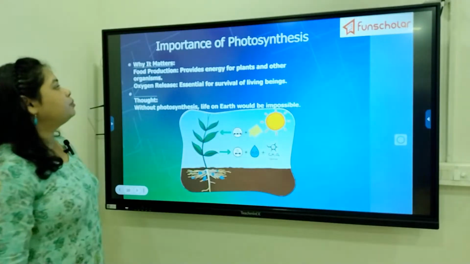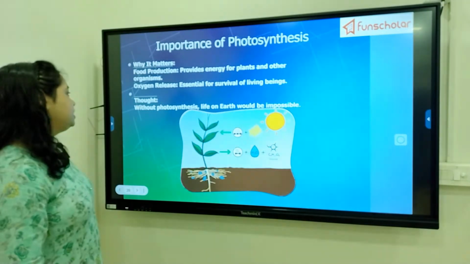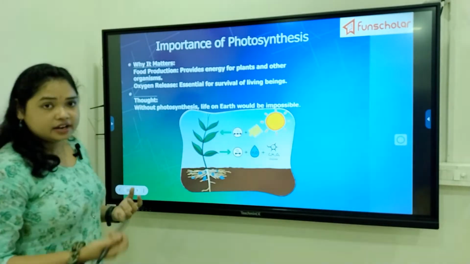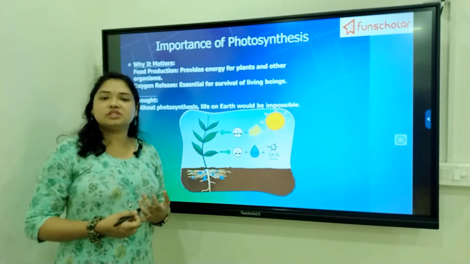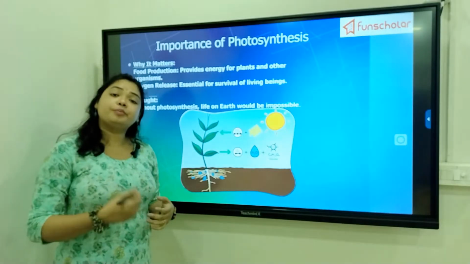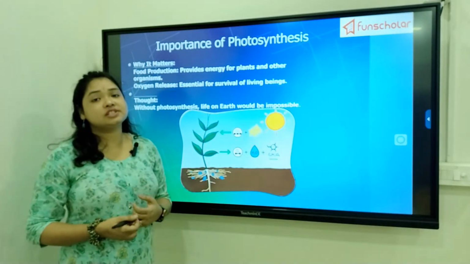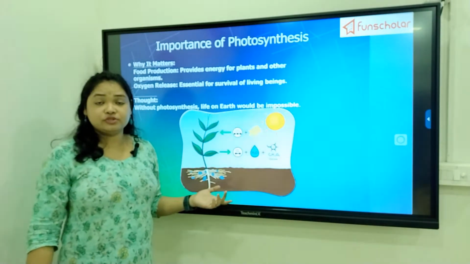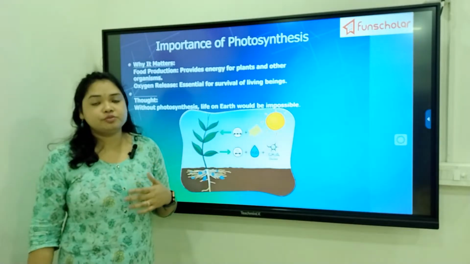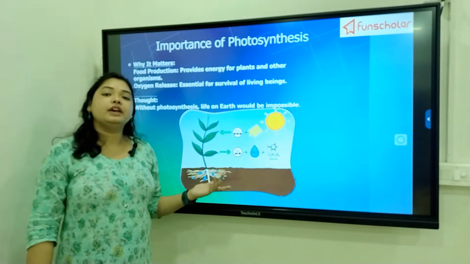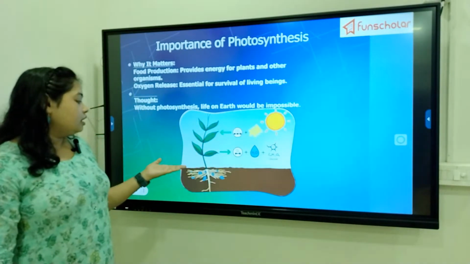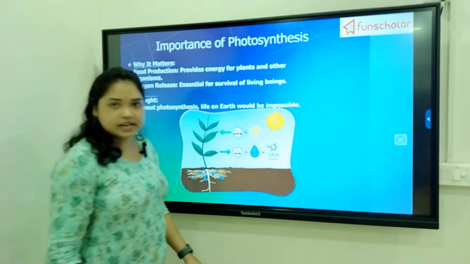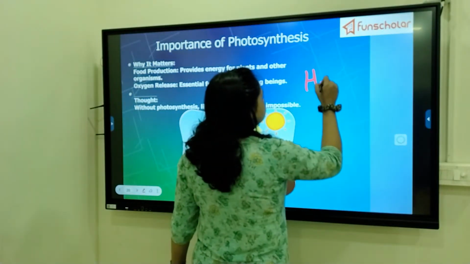Now, what is the importance of this process of photosynthesis? Obviously, photosynthesis is the process through which plants obtain their nutrition. If plants don't survive, then we the heterotrophs won't be able to survive, because among the heterotrophs there are various categories like